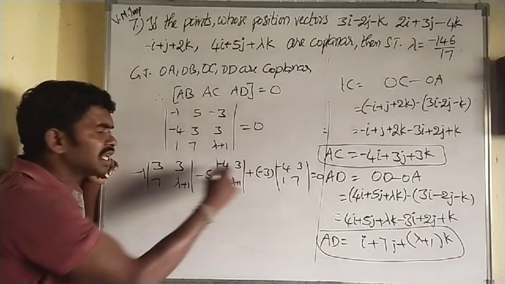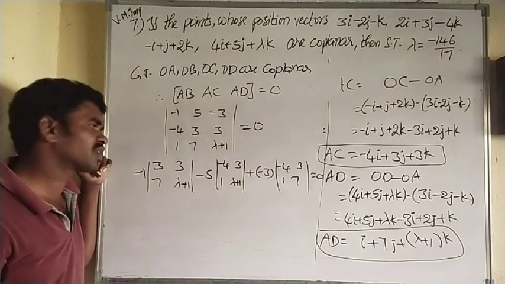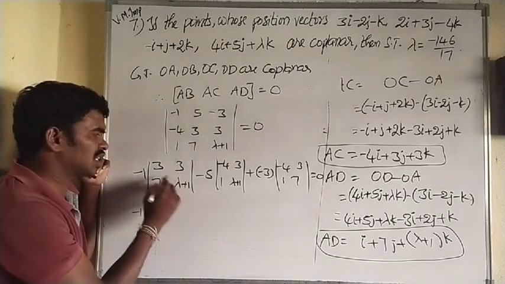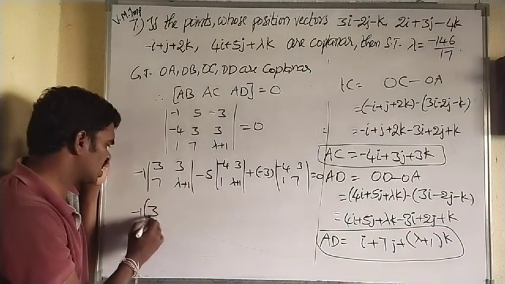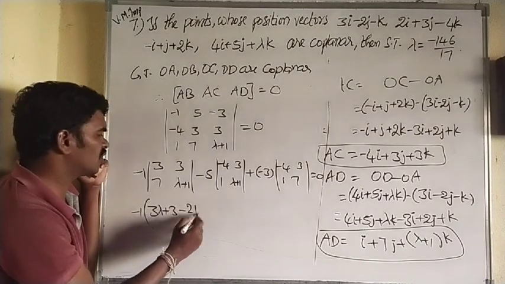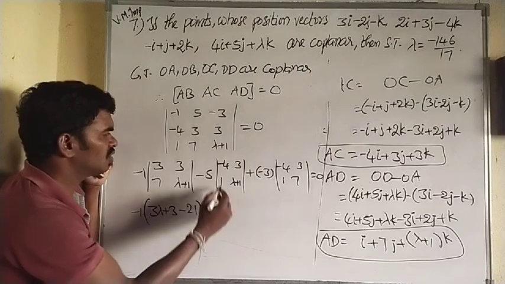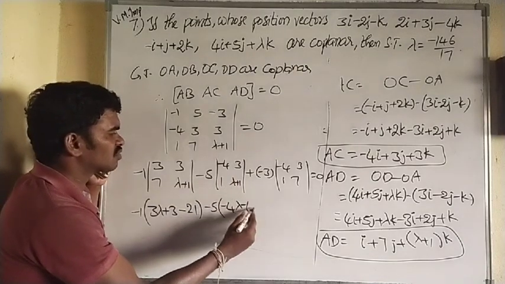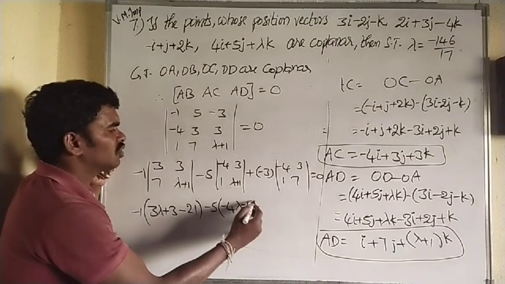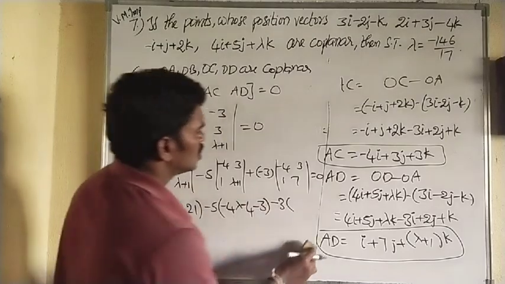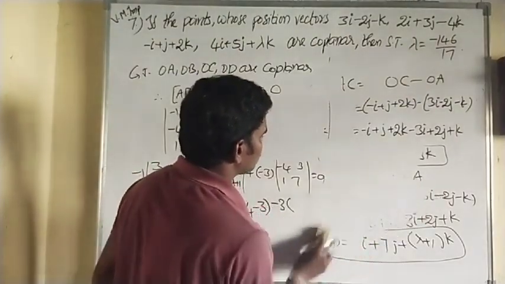Okay. About writing this, we explained in determinants. So minus 1 into 3 into lambda plus 1: 3 into lambda is 3 lambda, 3 into 1 is 3. So we get 3 lambda plus 3, minus 7 into 3 is 21. And minus 5 into, here also minus 4 into lambda, minus 4 lambda, minus 4 into 1, minus 4. Next minus 1 into 3 is 3. So plus into minus, minus 3 into, so this is also, I am removing.